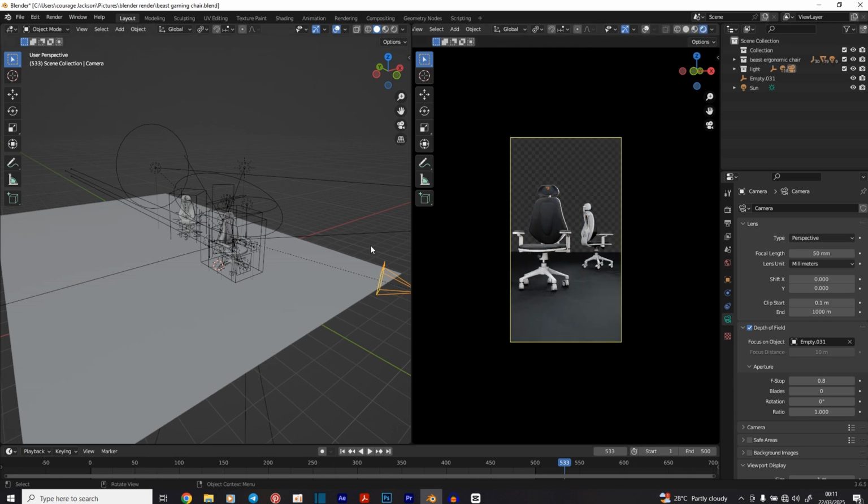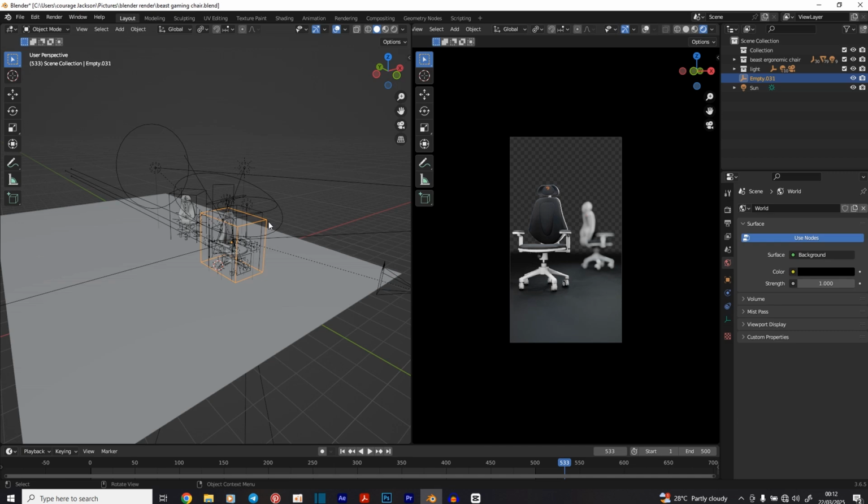So now if I go over to render mode, there is nothing happening here yet until I increase or decrease this f-stop that we're seeing here. If I increase it, we're going to have more depth of field. So let's say this is what we have now, and we want to animate it to move to the other seats. What we just have to do now is select this and say I,